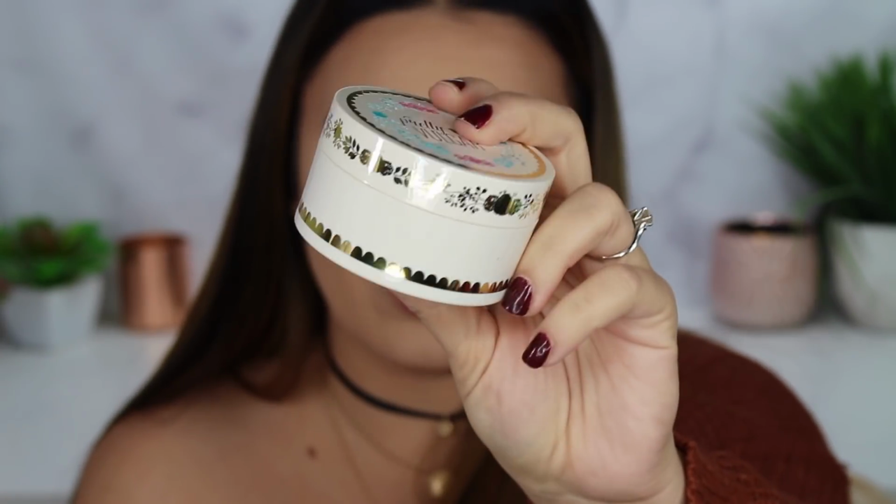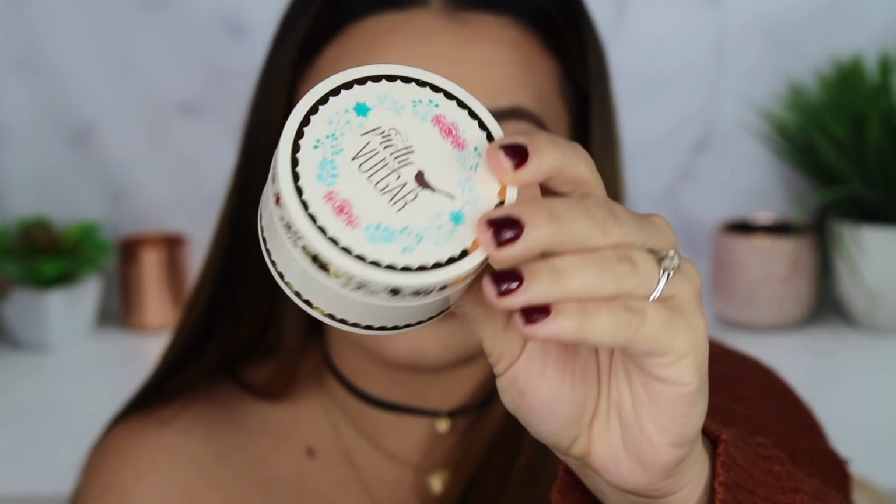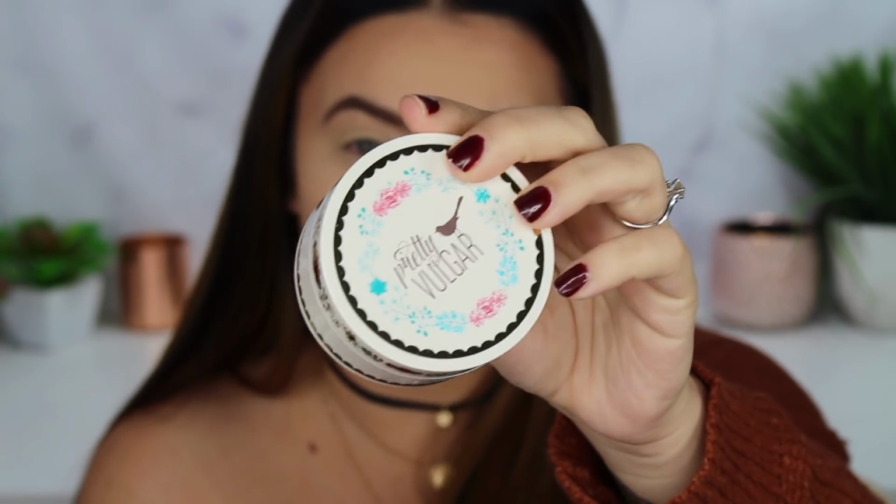I also got this Pretty Vulgar setting powder. It's a translucent setting powder called Matte About It. The packaging is super, super pretty. I've only tried one item from Pretty Vulgar. I tried a blush, and I believe that also came in my BOXYCHARM, and I didn't love it, so